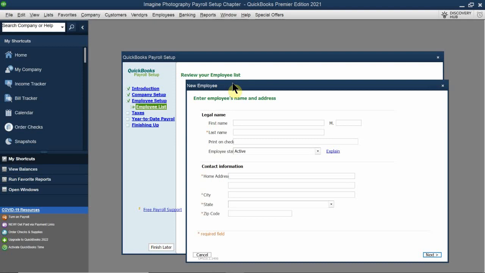You also need to have a W-4 form, right? That's to be able to withhold the withholdings that you need from the employee's paycheck. And those are usually the main four. You need to at least have those